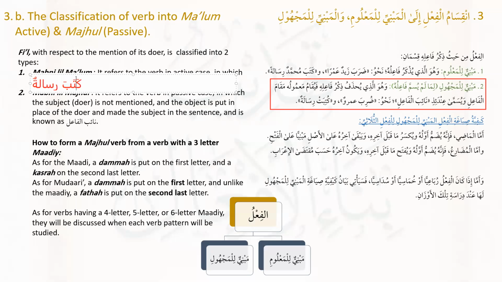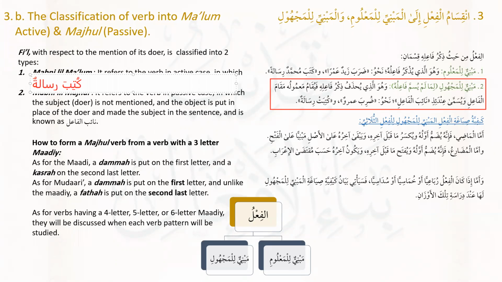So in order to make sure that they give this message, they have to alter some of the harakas in the fi'l. In order to denote that the fi'l is mabni lil majhul, it's in the passive case, and that the one to whom the verb is being attributed is not in reality the doer, rather he is the object, not the subject, they must alter the fi'l in some way. So what do they do? In the madi, they put a dhamma on its first letter and a kasra on the second last letter. Why are we saying the second last letter?